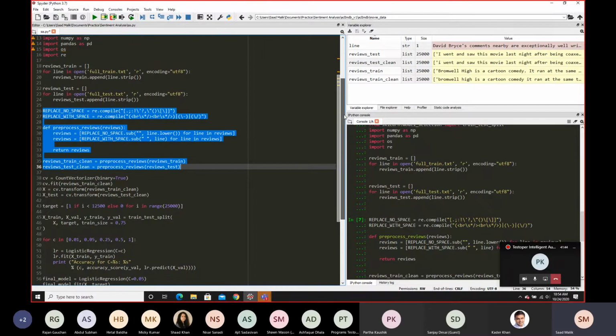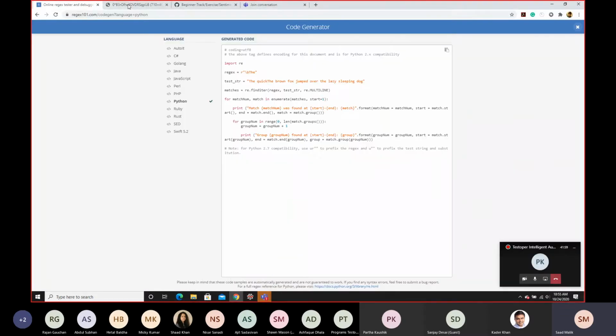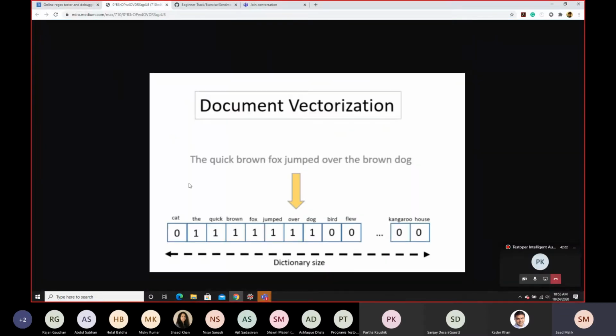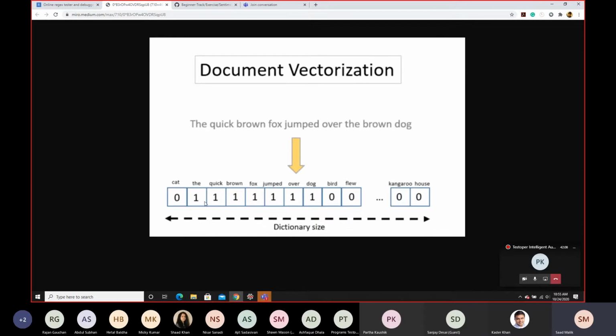Now, the next thing we're going to be doing is something called count vectorization. What that essentially means is that we're going to have a very large, in this case, a very simple matrix, right? Let me show you a visual. I found this picture online. So what we're essentially going to do is have a very large matrix with ones and zeros, where over here will be all of the words that exist in the entirety of the data set.